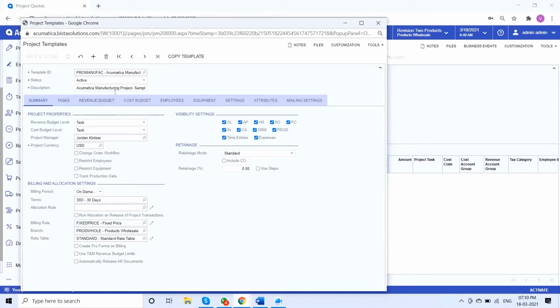Now it has a description as usual. Then I set the revenue budget and the cost budget levels on the task. You can set it on the task as well as on task plus cost code or task plus items. So in order to keep it simple, I set it on the task itself, both revenue and cost budget.